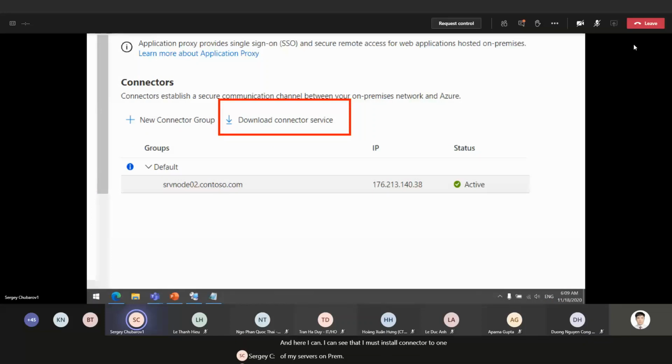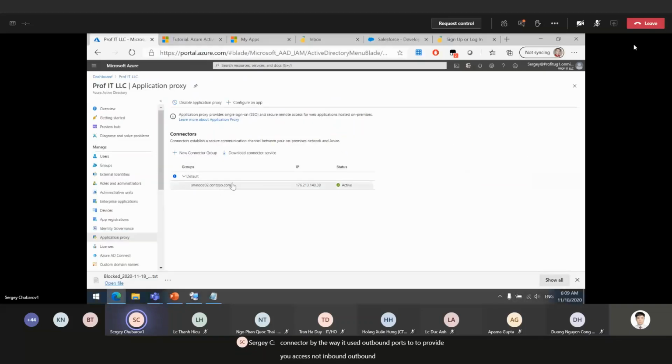The server with the connector must have access to the application from inside of the network, using private names, private addresses. So I must install the connector, and what is important about the connector, by the way, is that it uses outbound ports to provide you access, not inbound, outbound. So you install the connector, and then you go to application registration,